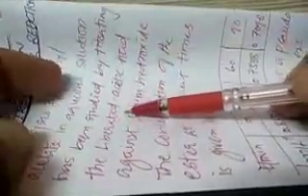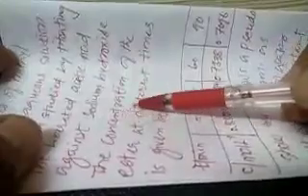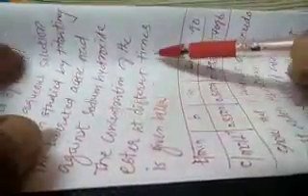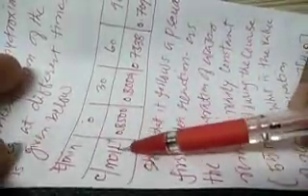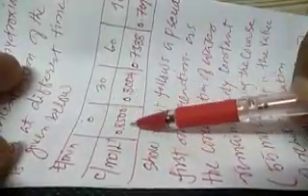Hydrolysis of methyl acetate in an aqueous solution has been studied by titrating the liberated acetic acid against the sodium hydroxide. The concentration of the ester at a different time is given below. So if you understand the concentration, here the time is given, here the concentration of ester is given. So when time is 0, the concentration of ester is